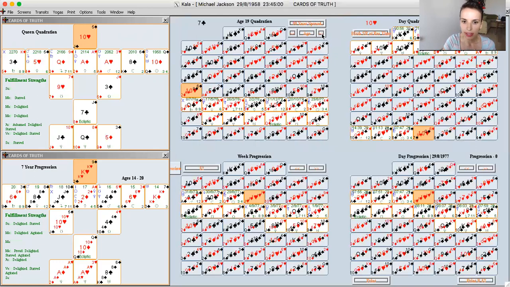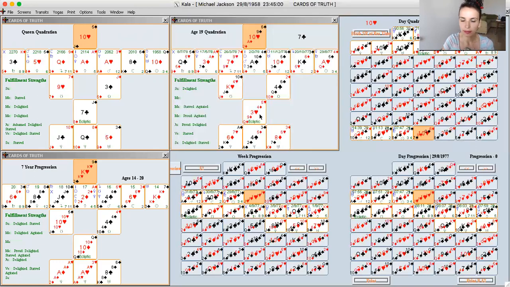So let's see, 1978. Yes, you can see in 1978 we don't see any jacks here, but we see this three of hearts, which is like a new passion. So his passion was music, and now he was trying a new passion, which was acting. And the thing about this